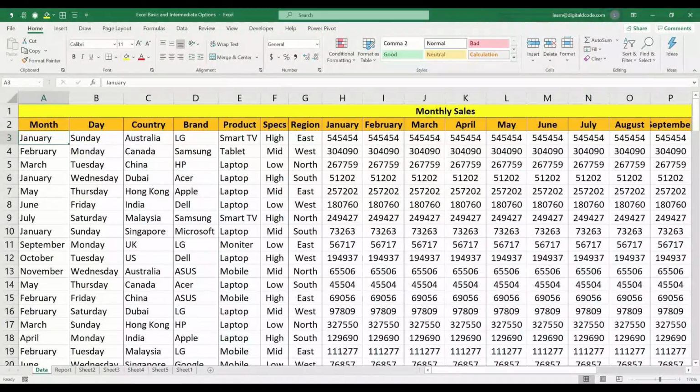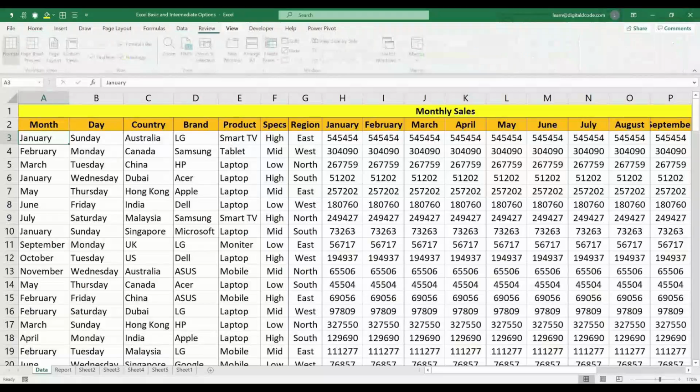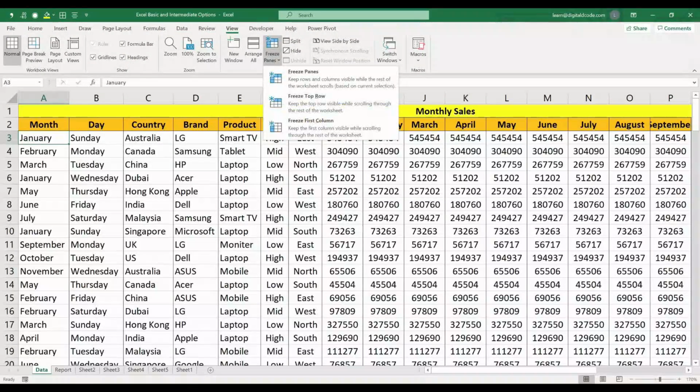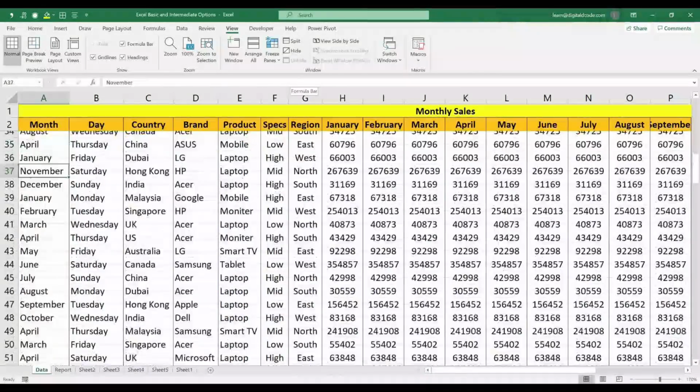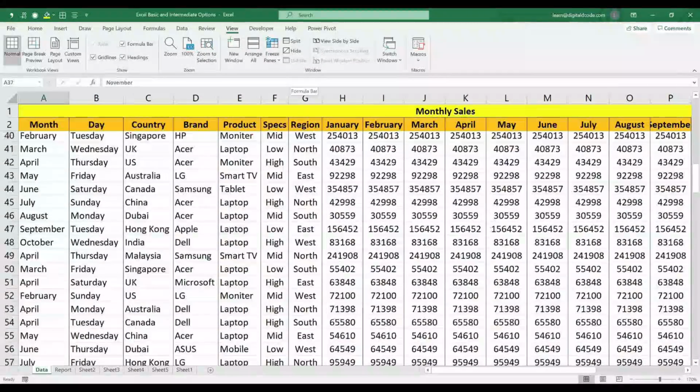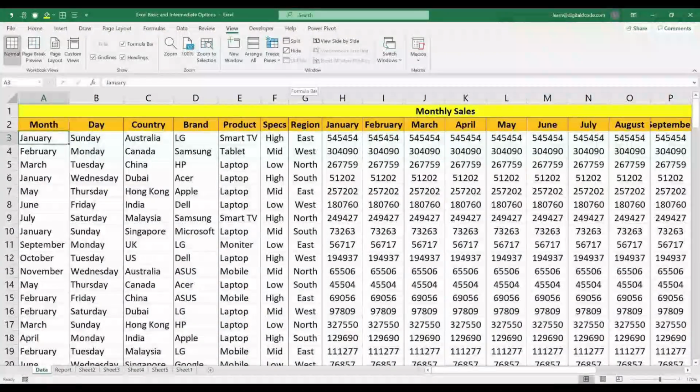Whatever rows you want to freeze, keep your cursor one level below. Now I want to freeze rows 1 and 2, so keep your cursor on row 3. Now go to View, Freeze Panes, and just click the first option, Freeze Panes. So now if you see, both 1 and 2 are frozen, and for the rest you can see all the headers. So this is first freezing the rows.